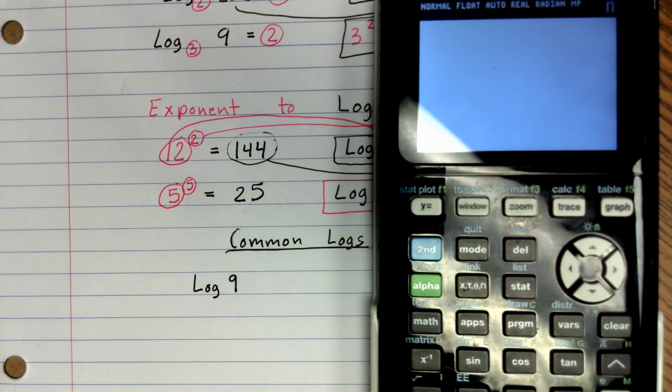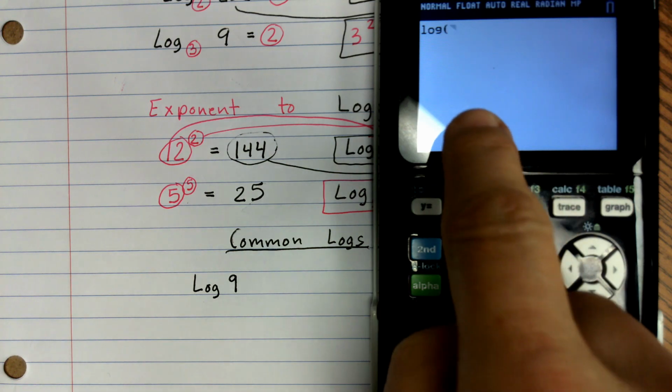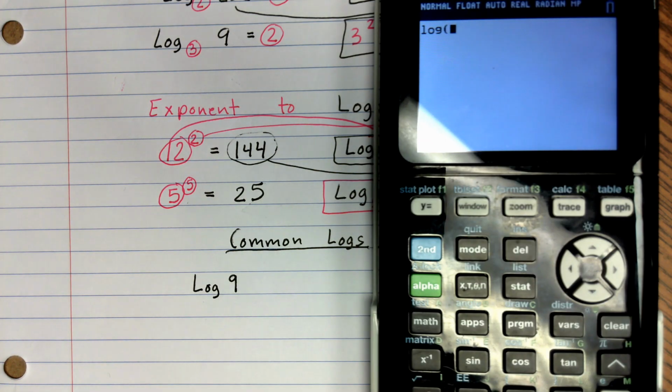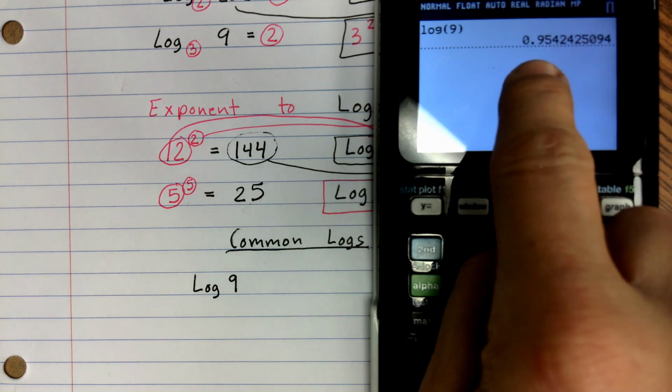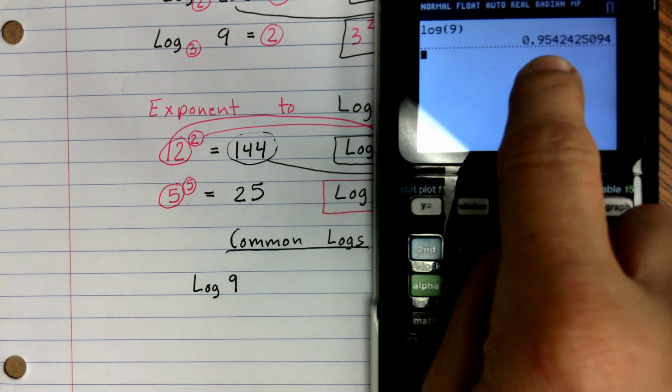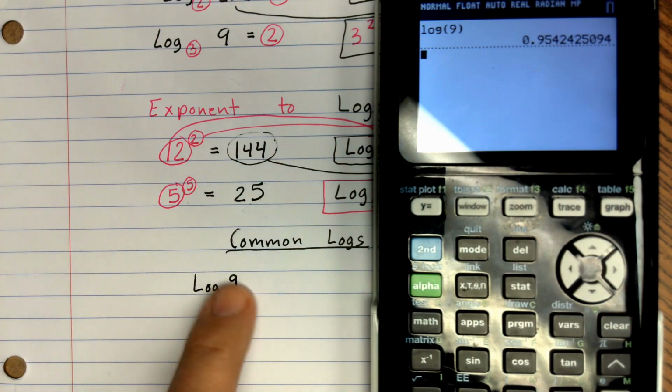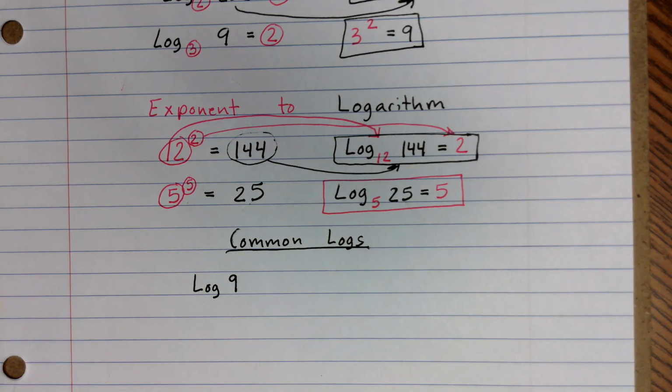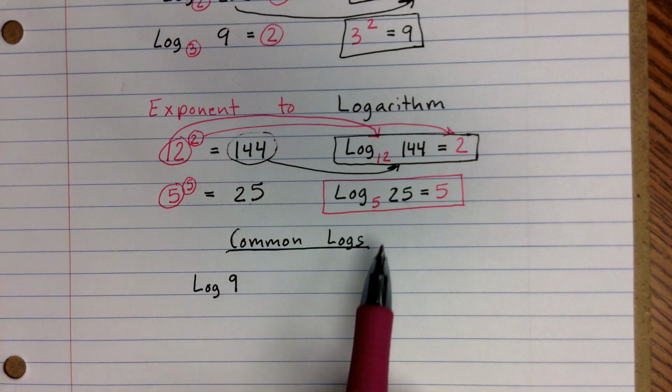If I hit the word log on my calculator, it automatically goes to a common log. I can put a 9 in there, close the parenthesis, and hit enter, and it gives me this decimal strand, 0.954 and so on. Now, with this common log, you might be going, Mr. H, if you asked me to write this as an exponent, you might feel that it'd be difficult because you're